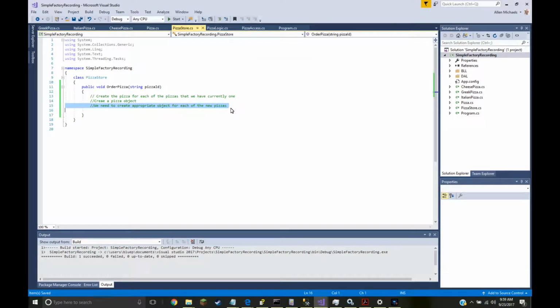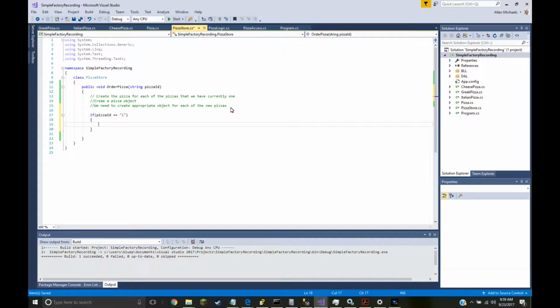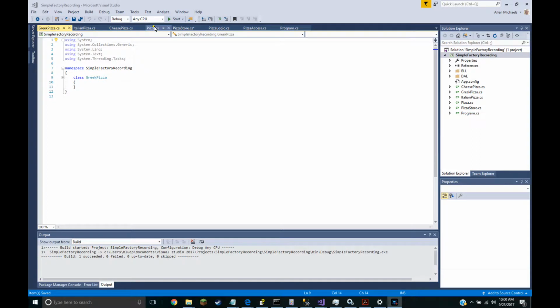So we can say if pizza ID is 1, we can instantiate our Greek pizza. We can say Greek pizza. Then in each one of the objects we have to copy all of the functions that we used to have